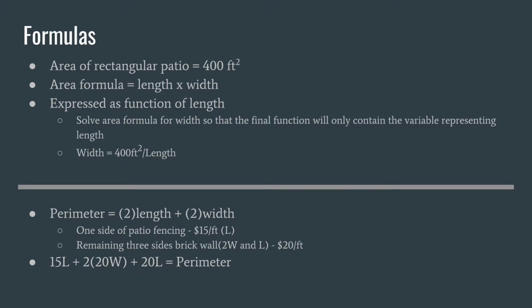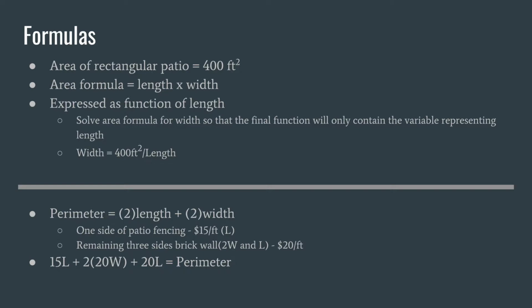For our specific problem, we identified that area and perimeter formulas were necessary to derive the function. The problem stated the area of the rectangular patio was 400 feet squared. Therefore, length times width equals 400 feet squared. The second formula we used was perimeter. By incorporating the material cost for each side, we came up with the formula 15L plus 2 times 20W plus